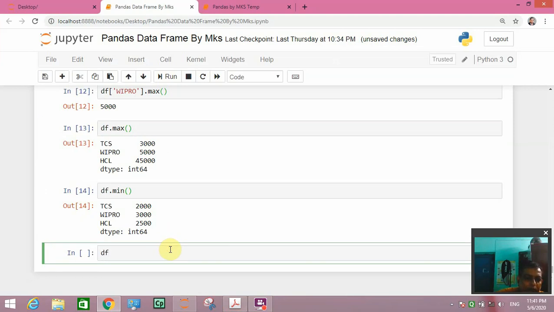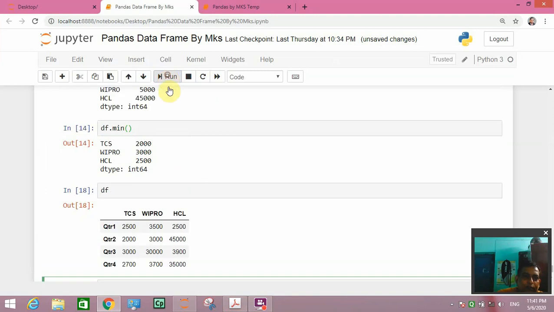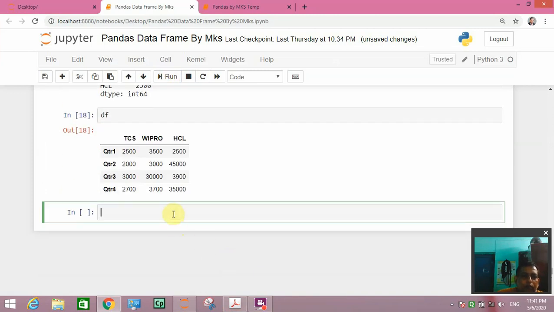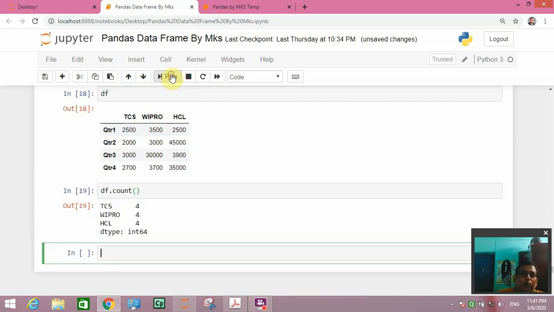Before that we will display this df data frame again so that we can compare the result. df dot count, what will it give? It will give the count of all the columns, means TCS is also having 4 values, Wipro 4 values, HCL 4 values.